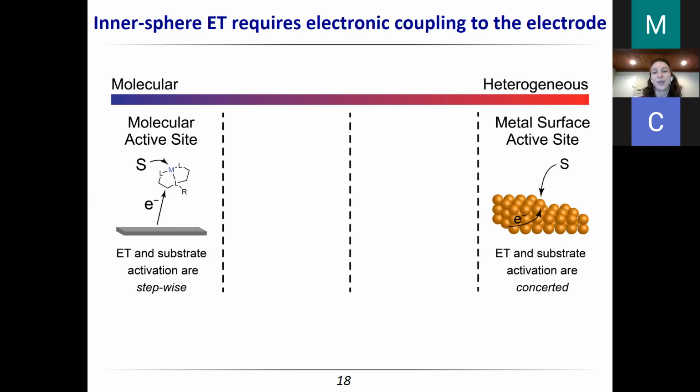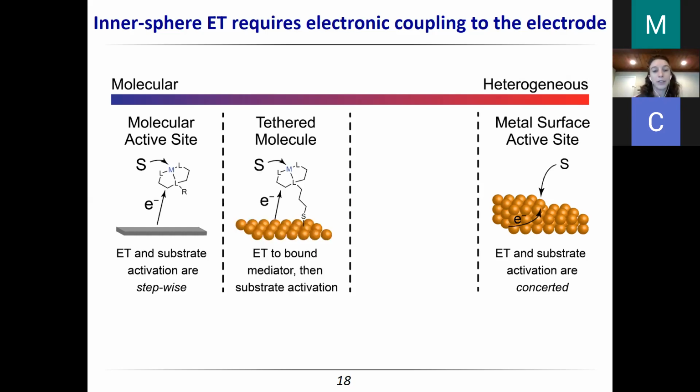And so in order to tease out what's happening at heterogeneous electrode surfaces, we really need to design a system where we have molecular level control over a metallic active site. So one approach at first, you might think, okay, great, let's just take a molecule and attach it to an electrode surface. So here I've shown this through a thiol bond, and there are actually a lot of studies where people have essentially tethered or molecularly tied molecules to surfaces.